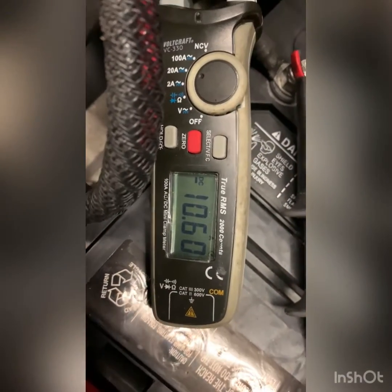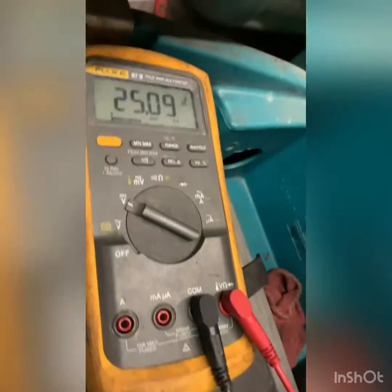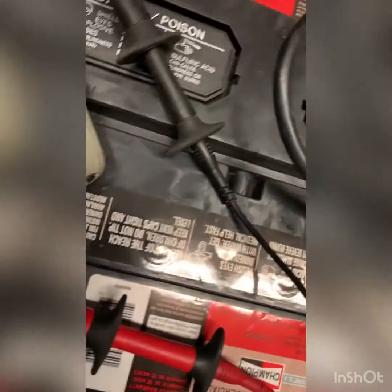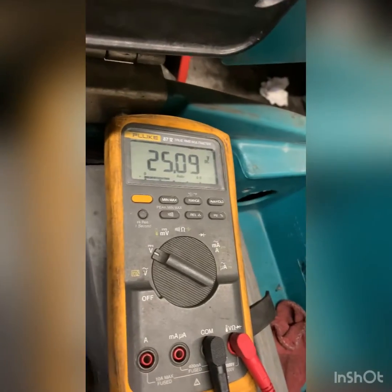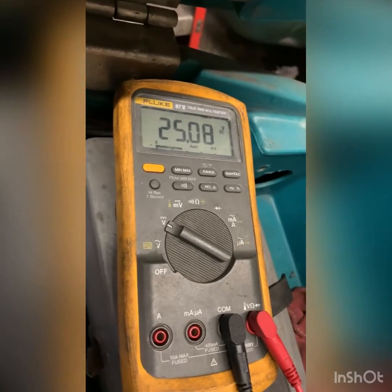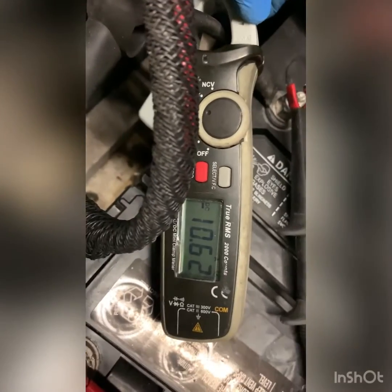Okay, back after a few minutes, and this is the clamp meter for boosting amperage. And we're going about 10.6, and we're still kind of on the low side of the voltage. I think we're hitting the speed bump with one or both of these batteries, but it's going to be a long process. I know it's going to take possibly up to 8 hours unless the error code comes up. Right now it's showing that everything's fine,